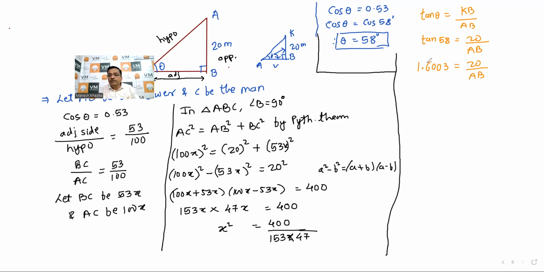नाउ क्या करेंगे, AB को शिफ्ट करते ऊपर। नाउ वी विल चेंज द पोजीशंस। AB को शिफ्ट करते ऊपर एंड 1.6003 को नीचे लेके आते हैं। सो AB गोज अपसाइड। AB इज इक्वल टू 20 अपॉन 1.6003। नाउ स्टूडेंट्स, मैंने तुम लोगों को एक टेबल दिया, दैट इज a reciprocal of फोर फिगर्स, यू हैव दैट वन।